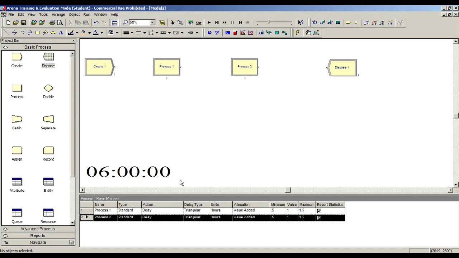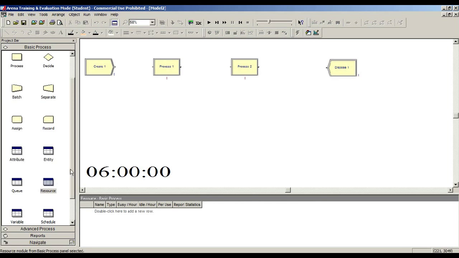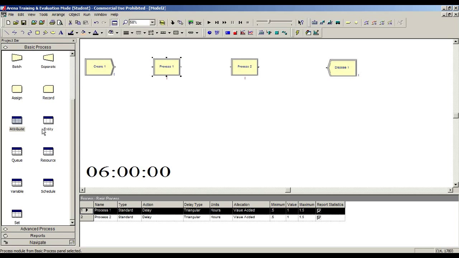Then here you have an Excel table in which every time you click on any of the items here, you will see what you are talking about. For example, here we have two processes. So if we go to process here, we have the name of the processes, the type of them, which action they are doing, and all of this is related to the times and so on. So in my case, let's suppose that process one is using